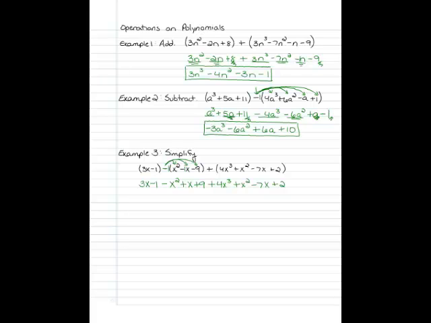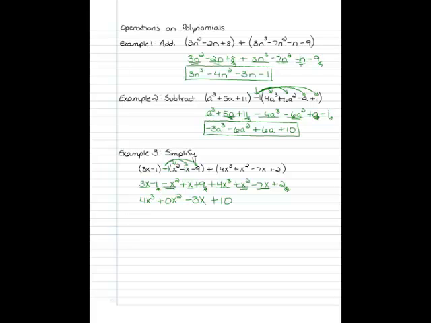Now, look around and see if we can combine any like terms. So there's 4x cubed. We have minus x squared plus x squared. Minus 1 plus 1 gives us plus 0, x squared. Then we have 3x plus x. That'll give us 4x minus 7x, so minus 3x. Minus 1 plus 9 plus 2